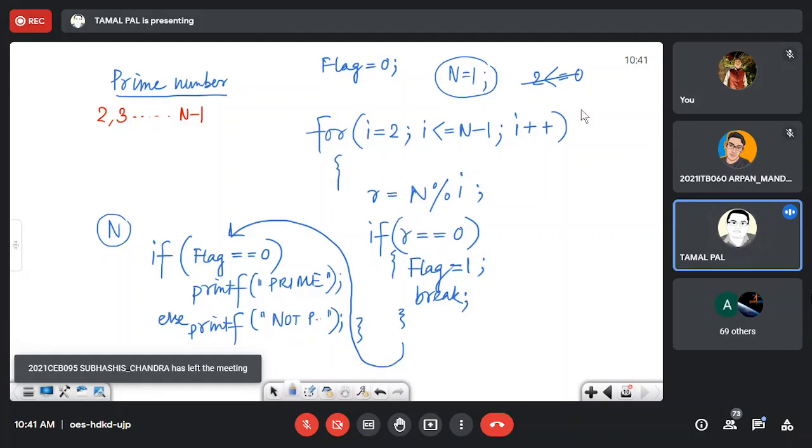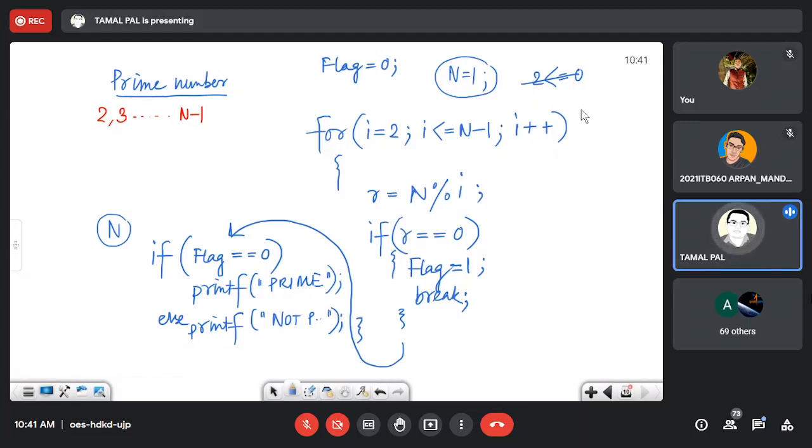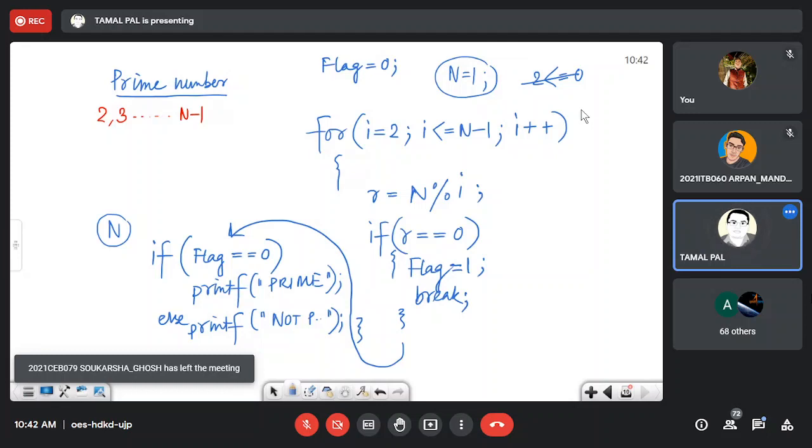So I think some people wonder whether 1 is prime or not prime. I have to check the definition. But if you design the program in this way, you have to create a separate if condition for 1. Otherwise, you can include 1 in the prime numbers. So that is your choice. The case design or condition design is the choice of the programmer. You have to borrow the definition from mathematics, nothing else.